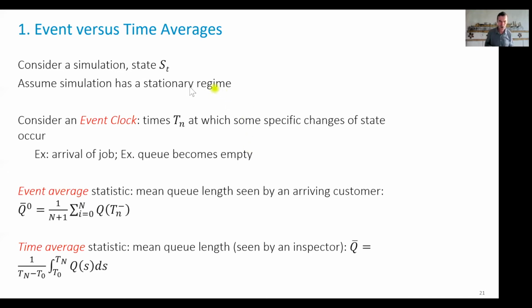And the problem can be related, at least in one instance, to the difference in which we sample for a given metric. For example, if I have a queuing system, like you did in one of the labs, where you simulated a queue, I can sample the system with what is called an event clock. An event is, for example, a customer arrival, or an end of service, or anything of interest that happens